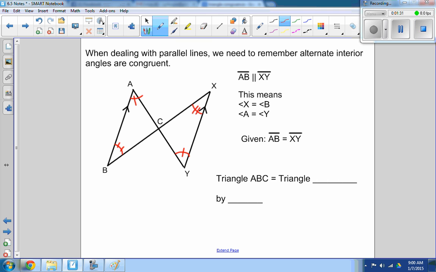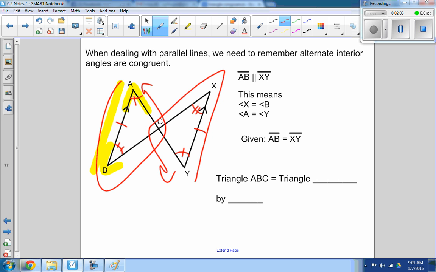If we're given AB is congruent to XY, we have 2 angles, and a side between them. And thus we have angle, side, angle. So we can prove these 2 triangles are congruent. So triangle ABC is congruent to triangle YXC